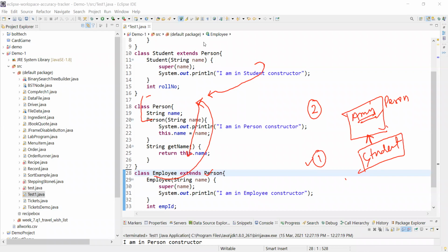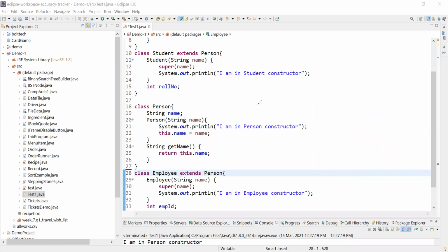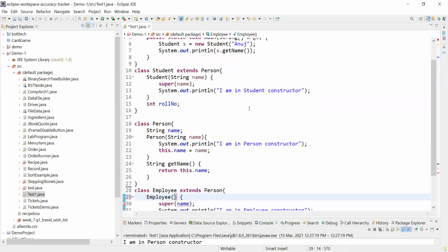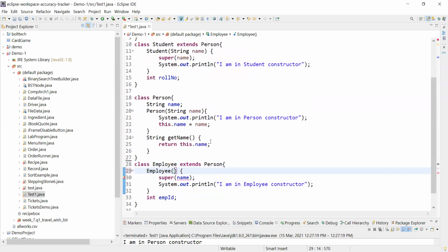So if there is no constructor in parent class, then child cannot have this super call. Let me just remove it once and then we'll show you. Okay. So for example, we don't have this here, then it will create a compilation issue here.